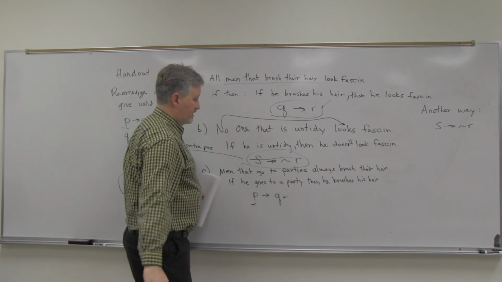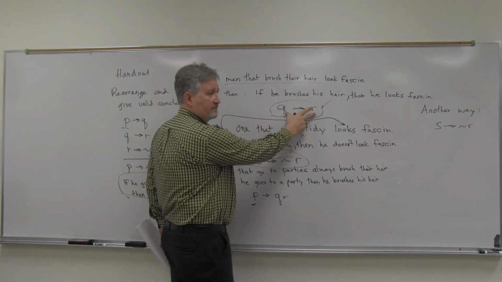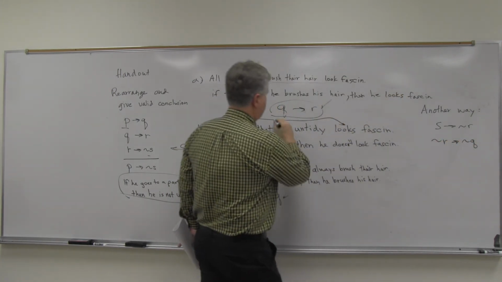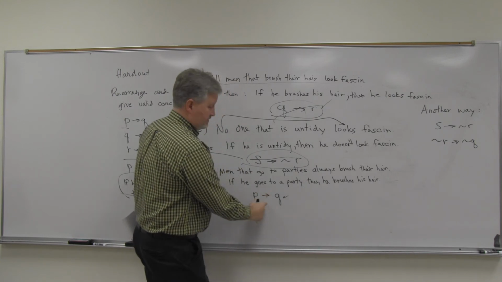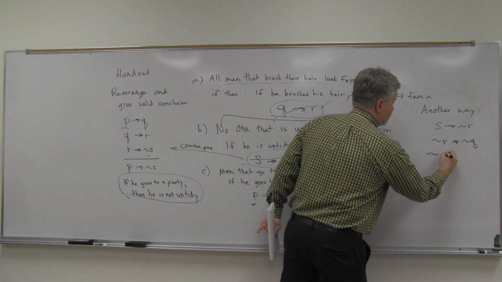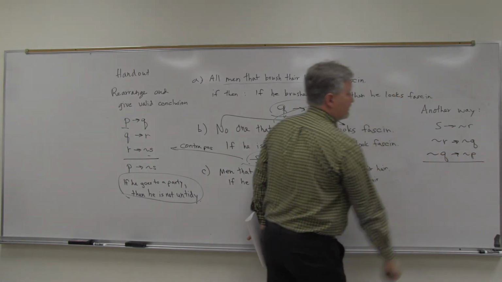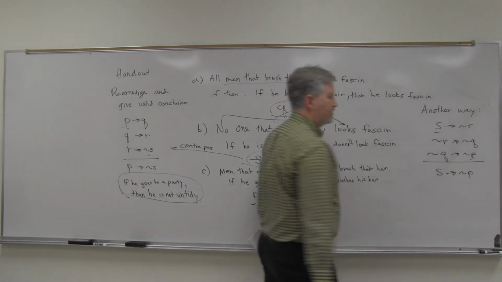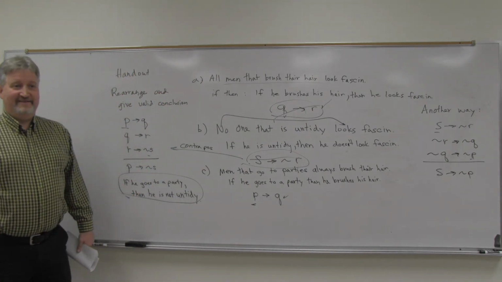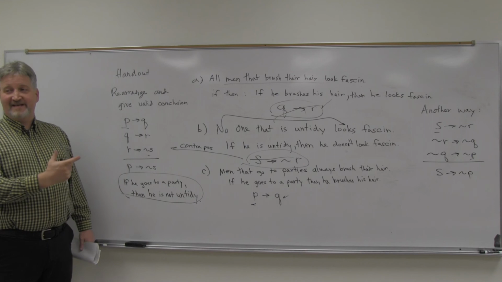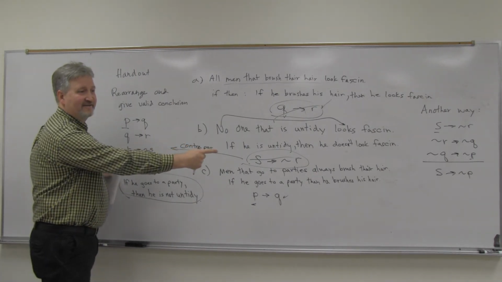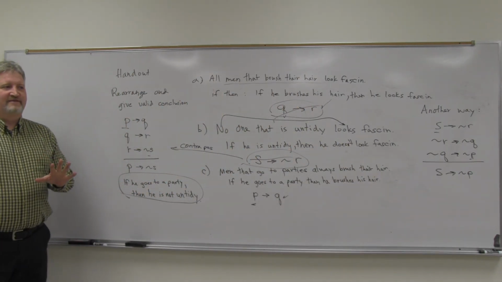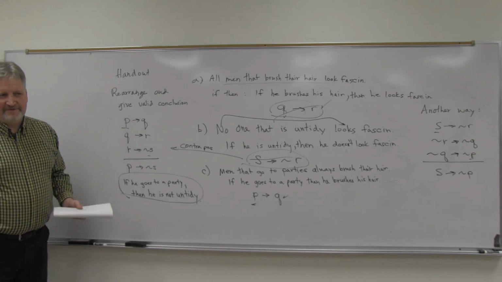Use that one. Then the next one, I could go to the contrapositive of this, right? Flip and negate. Not R arrow not Q. Takes care of that one. And then the contrapositive of that, not Q arrow not P. I could have done it that way and gotten S arrow not P. So that would have been another way to do it. Now, notice here those two are exactly the same though, because what are those of each other? Isn't that one the contrapositive of this one? So those are equivalent. So anyway, just some interesting little